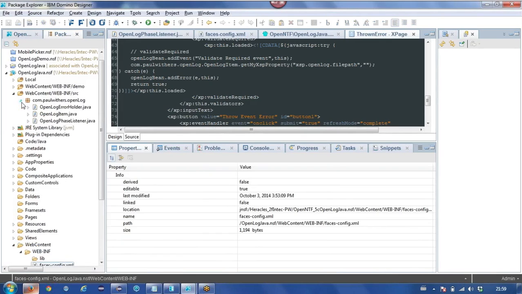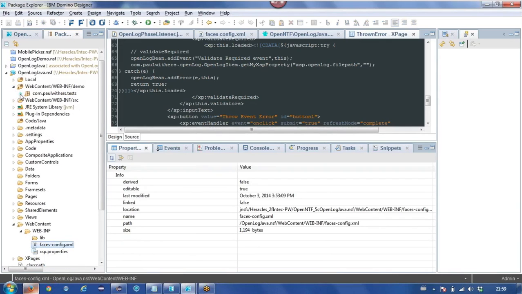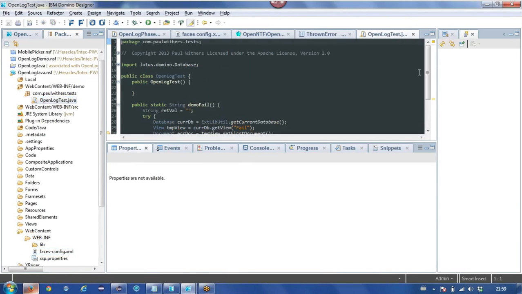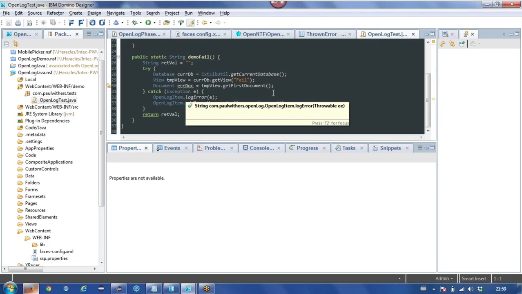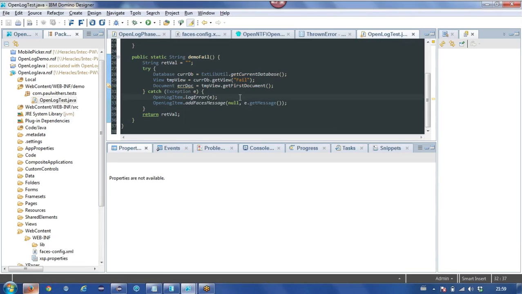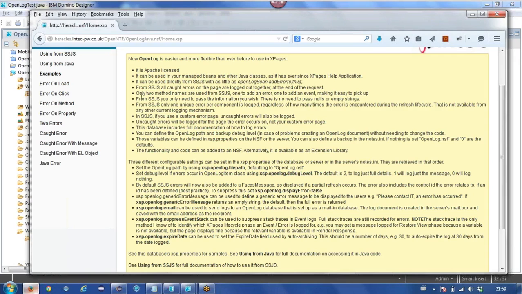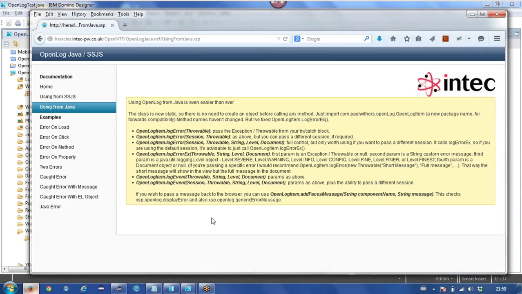Doing it from Java, then you don't go through the bother of using the OpenLog bean. Usually, you just do OpenLogItem.logError, or I think it's now OpenLogUtil.logError. Oh no, it's still OpenLogItem.logError.